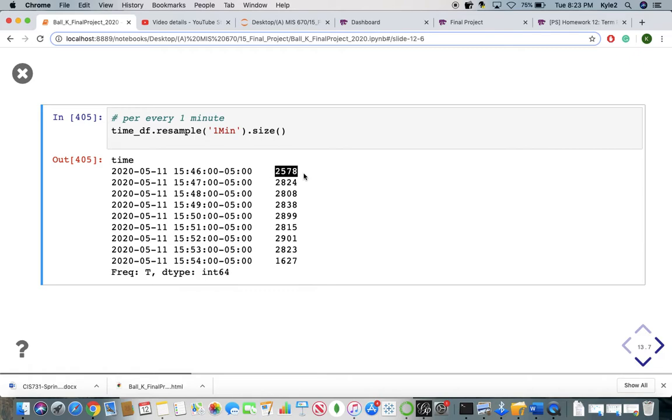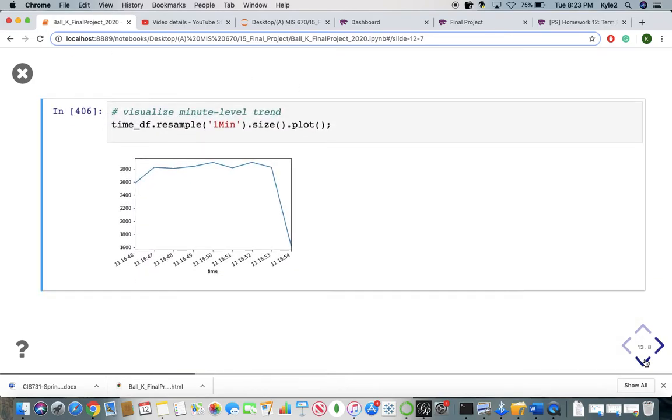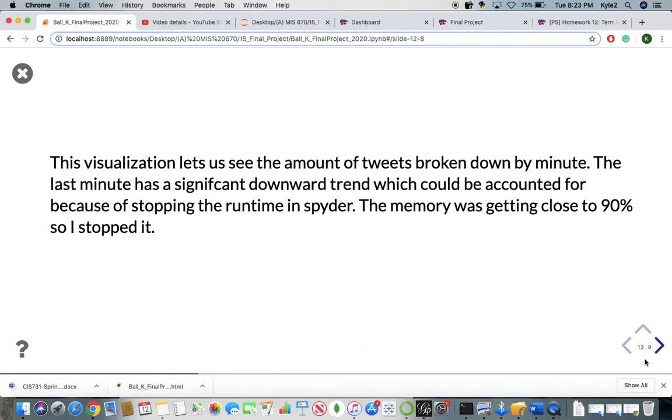And so you're able to track when was the most, so what was the high point? And that was the high point for us. It got low, with a dramatic kind of fall here, probably because I had to cut it off in that last minute because I was running full on memory. So this is a visual of that.